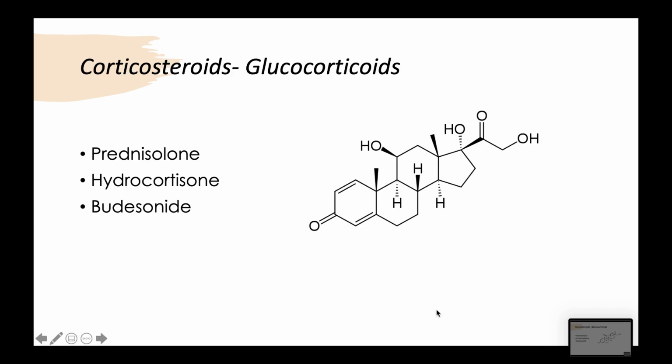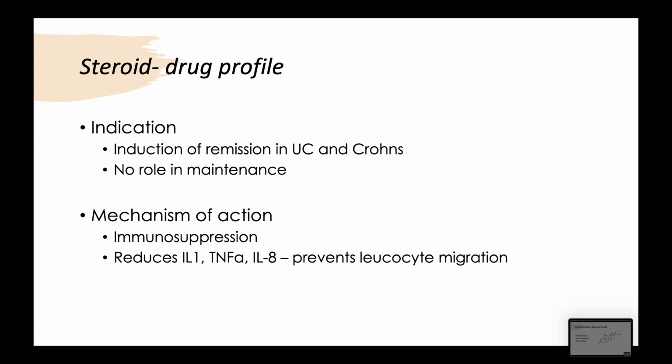Here's a list of 3 examples of steroids. So you've got prednisolone, hydrocortisone, or budesonide. And then a brief drug profile. Its indication includes the induction of remission in ulcerative colitis as well as Crohn's. However, it has no role in maintenance whatsoever. So the main maintenance therapy is your 5-ASAs. As well as that,